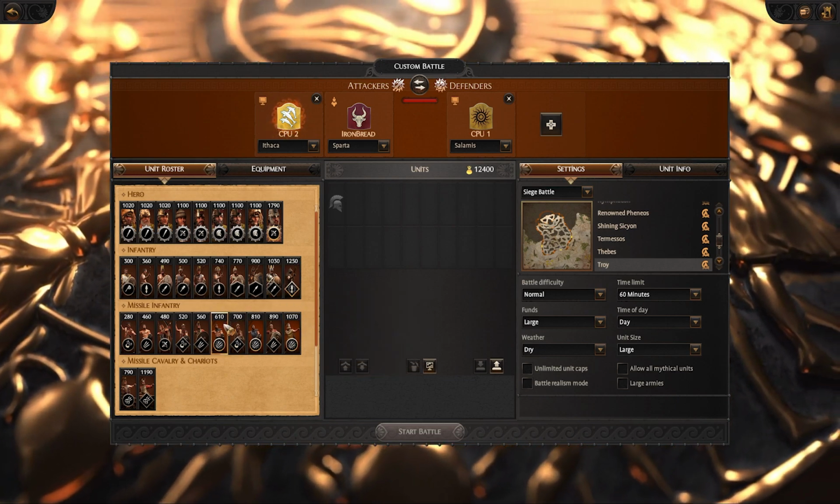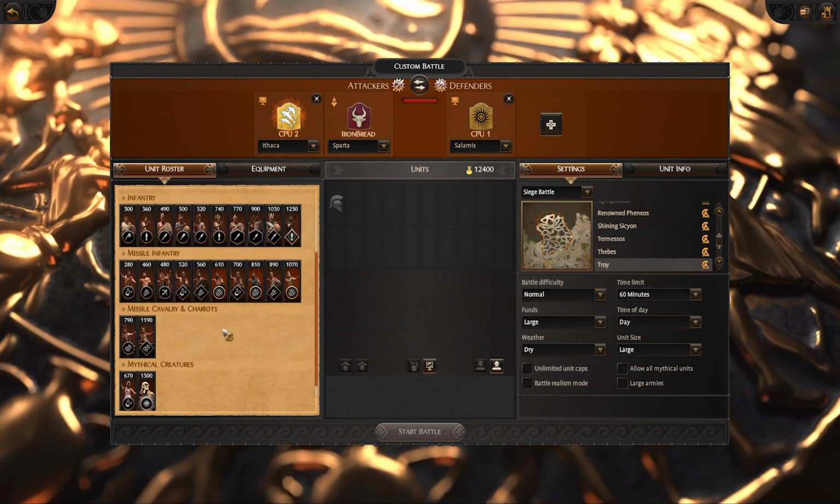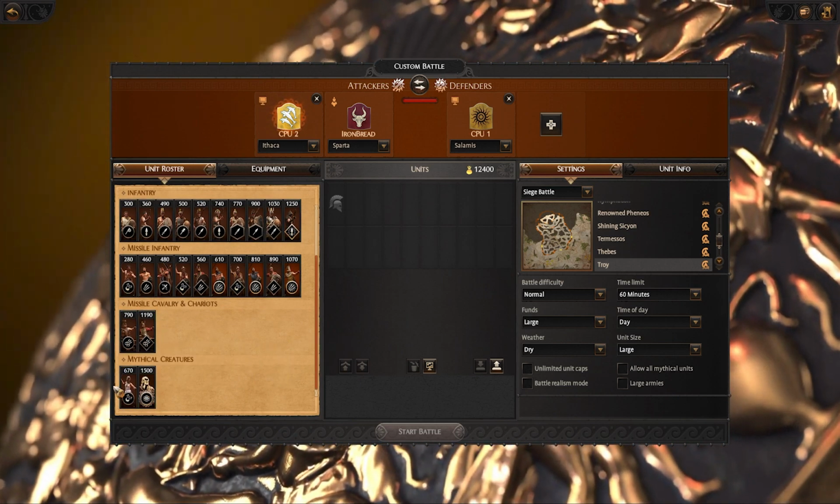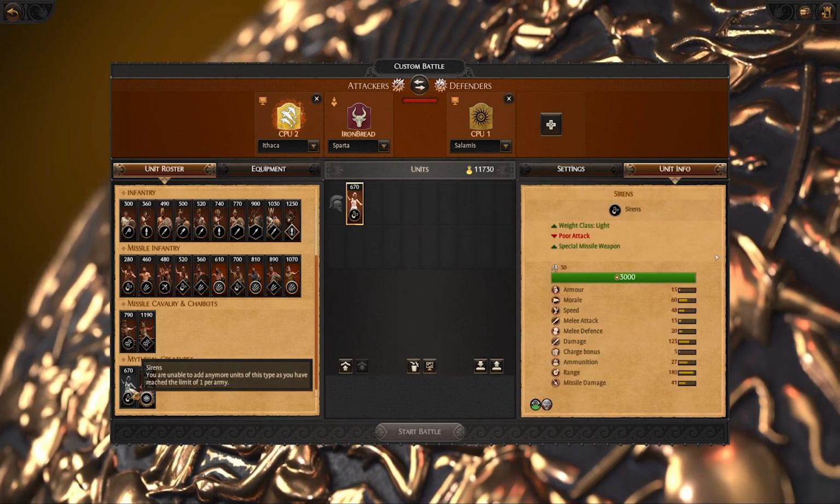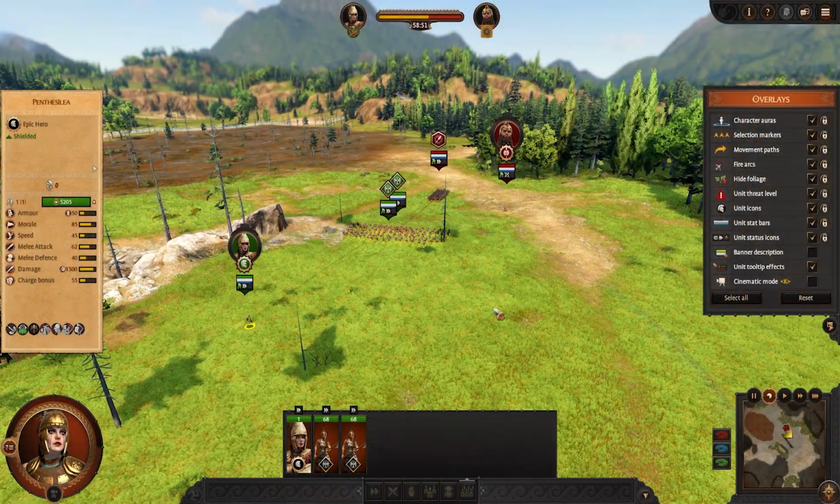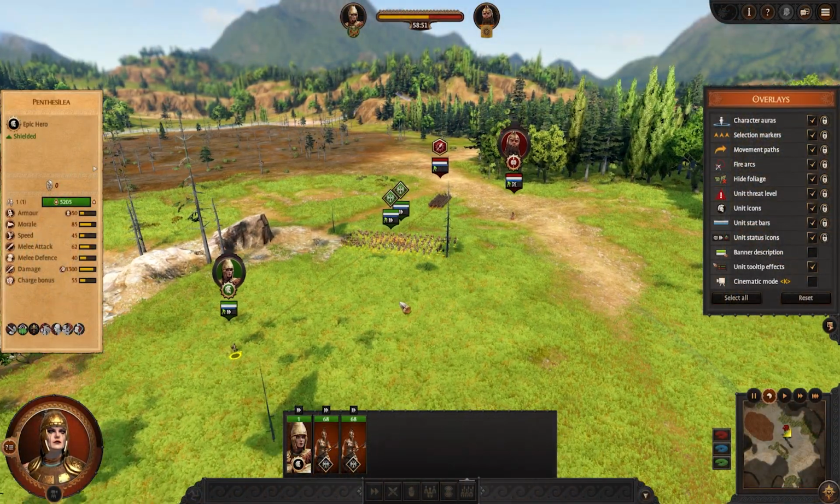So if I hover over all of these units, you can see that they have caps on them. Chariots also have caps, and then mythical units as well. So for sirens, if I select one, I can't select another one because there's a cap of 1 per army. Now, when it comes to UI in battles, it is probably one of the most important things for you to